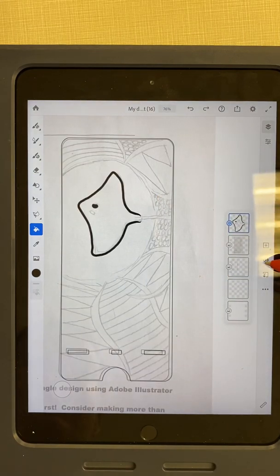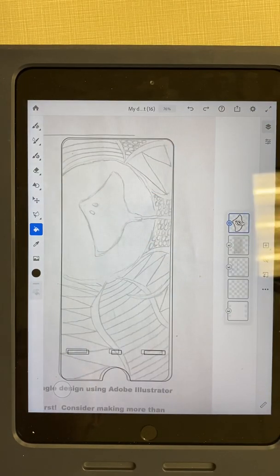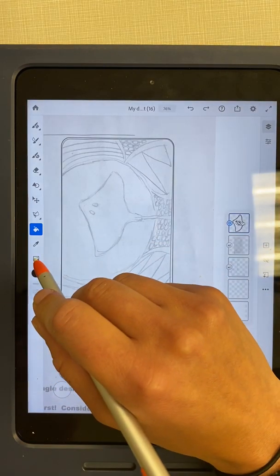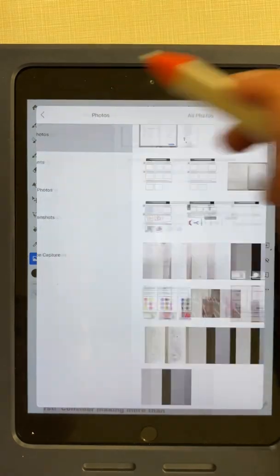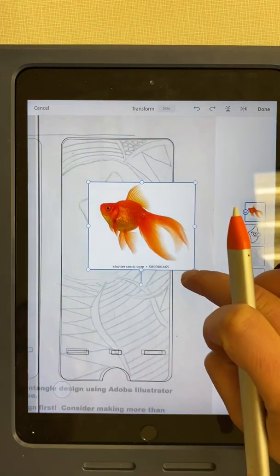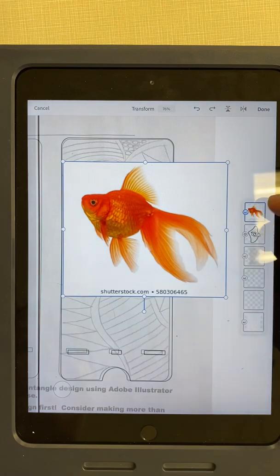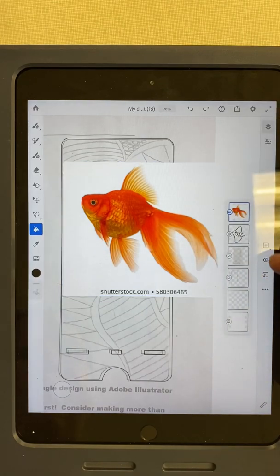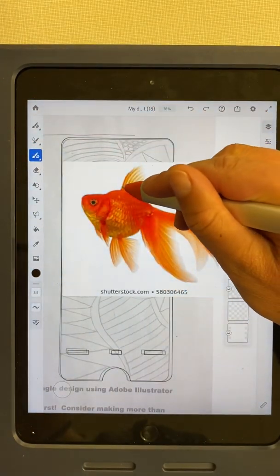Now, what you can also do though is, say, you know, you didn't really like your stingray. You just had a hard time drawing it. Maybe you want to even use a different focal point. I can come to my photo album, and I actually found this image online. I already put it into my photo album. I have this fish here, and I'm going to bring this fish up kind of like that, and I'm going to hit done. I'm going to work on a new layer, okay,